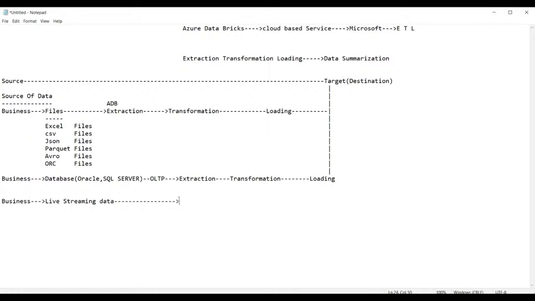So can you see here? We perform the extraction on this data. And once the extraction is done, then what happens? Again, the process of transformation will happen. So what is the process of transformation? Transformation is the actual process of data summarization. And once the data summarization is done, guys, finally what we do? We load the data into the target.